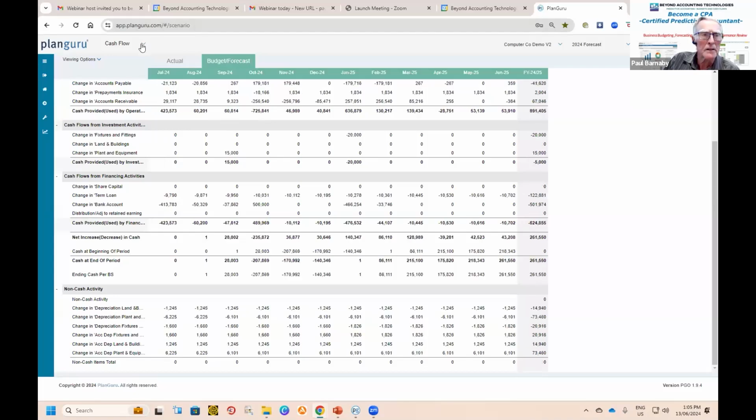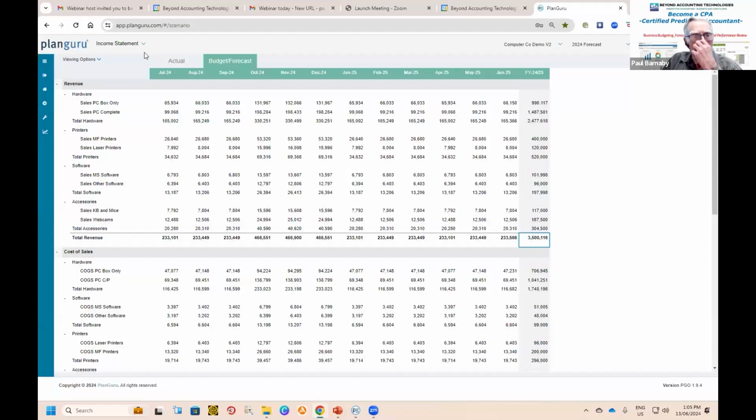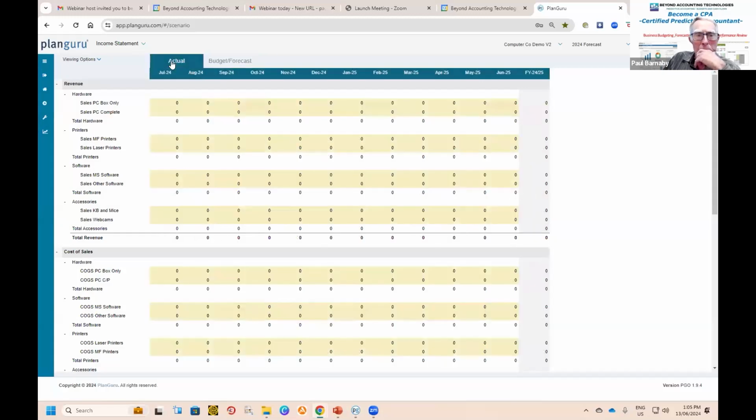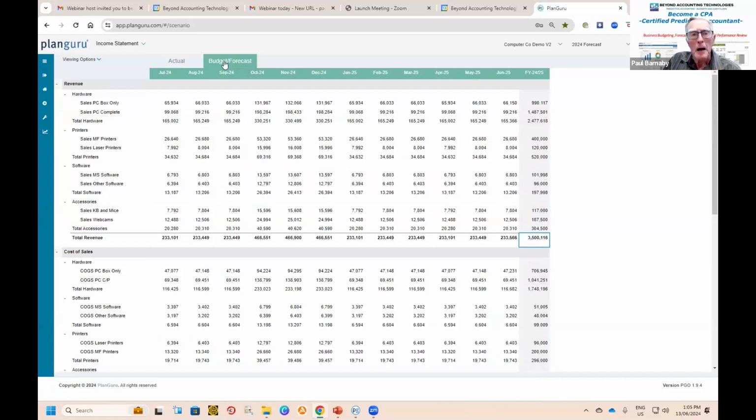I'll just go back to the revenue statement just for a moment. And so I haven't brought in any actuals in here. I've just built this file today. But the other thing you can do is a rolling forecast, which is obviously the actuals to date plus the remaining budget.